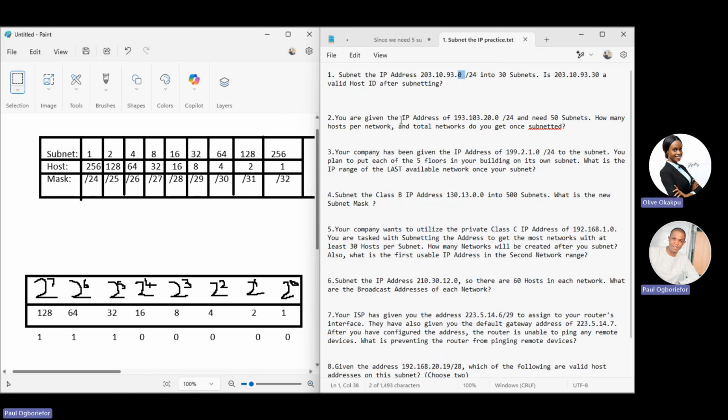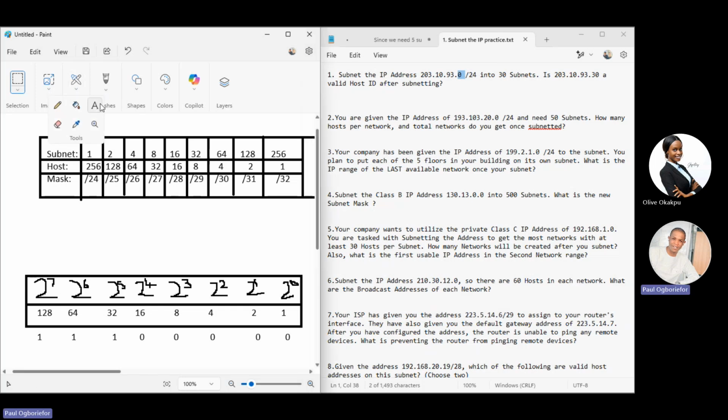In this case, we already know the range of our IP addresses. What is the range? Since we are dividing into 32, that will be 29. No, that is our mask. I mean the number of hosts, that is the range you can get. So that's 8. Now, if you want to do 8 networks,